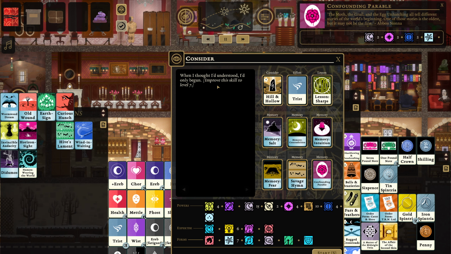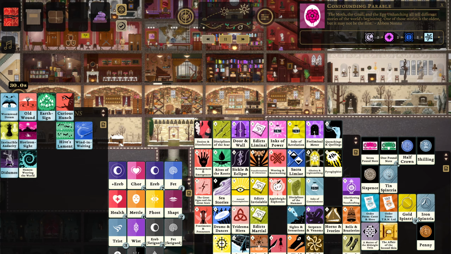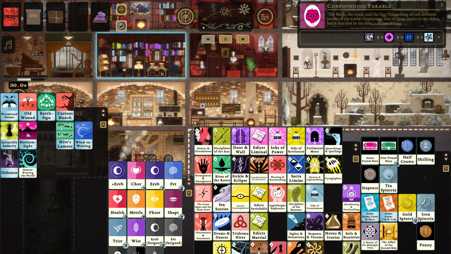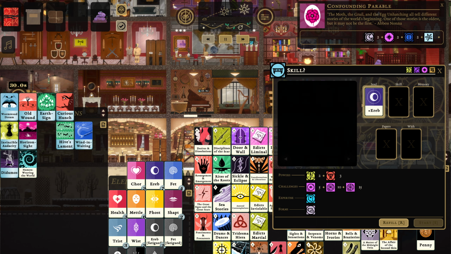When I thought I'd understood, I'd only begun. Improve the skill to level 7. Oh, right, I think I was going to use the earth sign. But it's not that difficult for me to just take another...